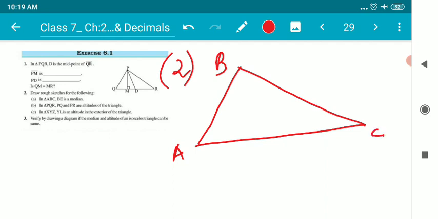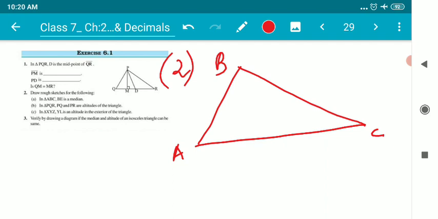Achha, children, before I start explaining this question, I want you to note that these questions, or this chapter, should be done on a white copy or geometry copy. Lines should be drawn using a ruler and pencil. Please do not use a pen to draw the figures. Figures must be drawn using pencil and ruler only.